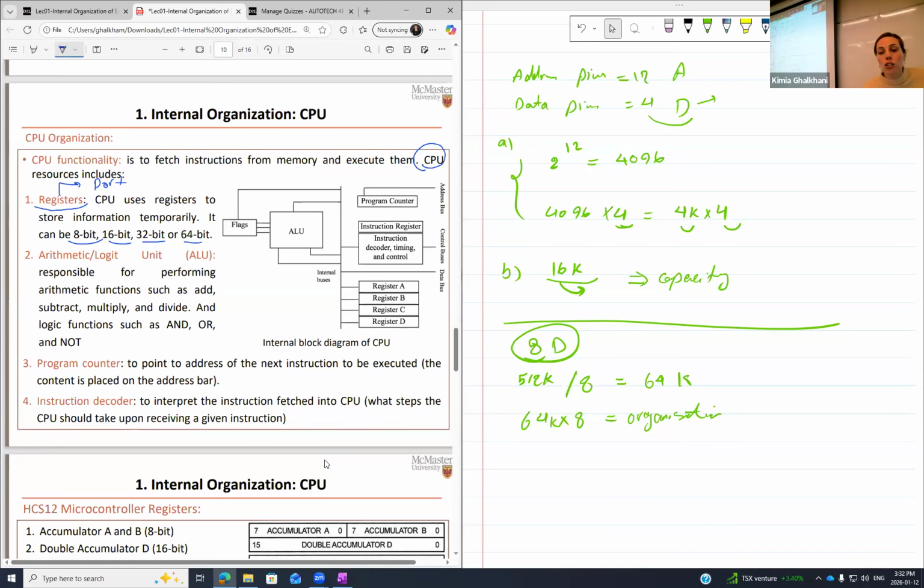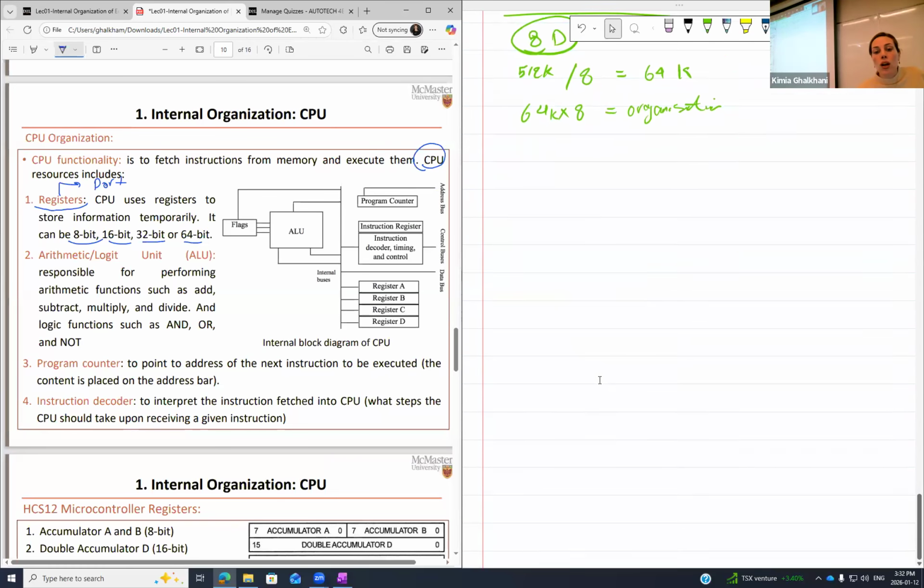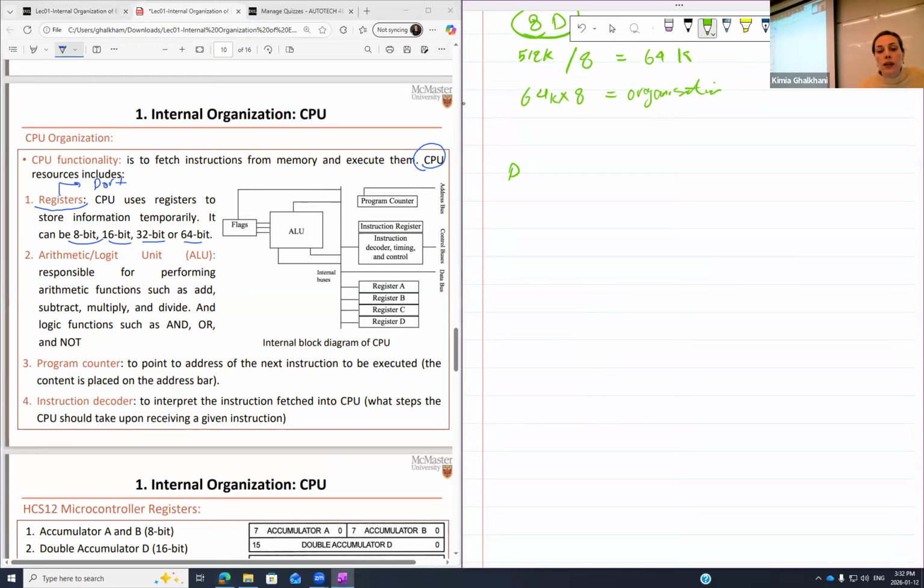So registers are those that we call ports in the lab, or we call them port H, or we call them port S or P. We have these registers for the microcontroller in the lab. In general, registers are some location or some temporary information inside the CPU, and the size of that could be